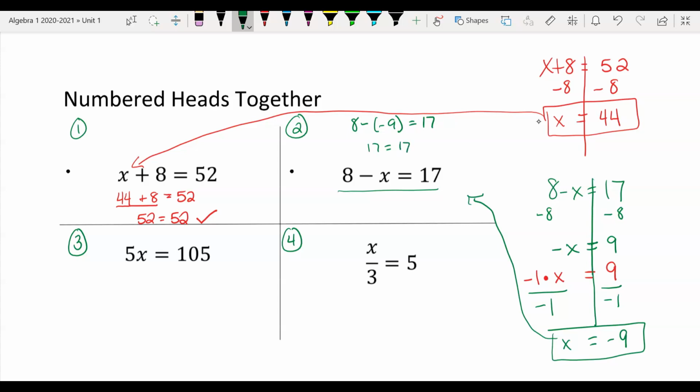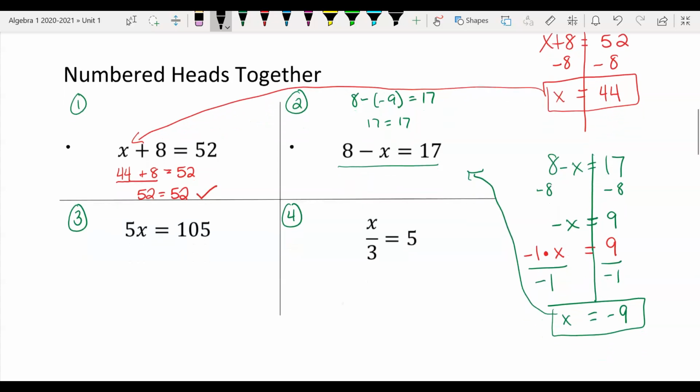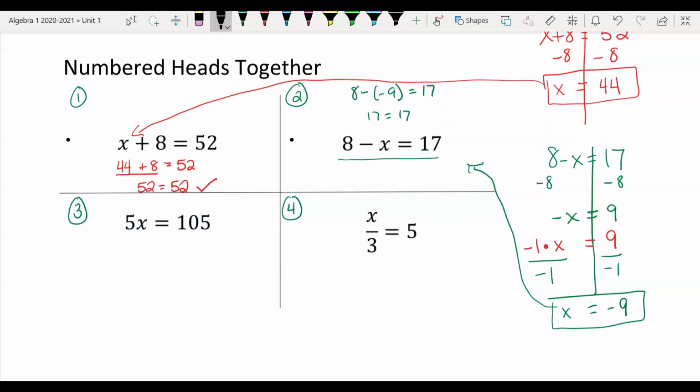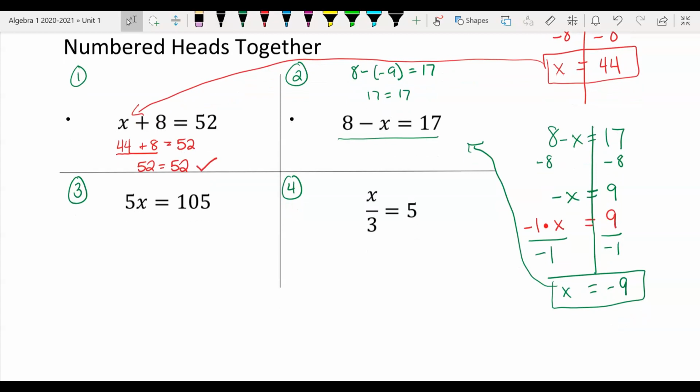So what I would like for you to do from here is I would like for you to pause the video. If it's on Edpuzzle, I will pause it for you and try and solve the next two problems. So I want you to try and solve numbers 3 and 4. If you pause the video,